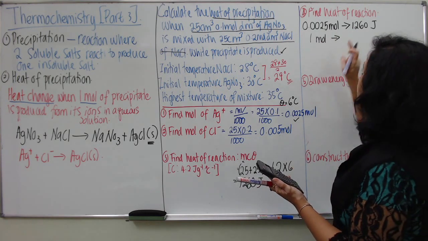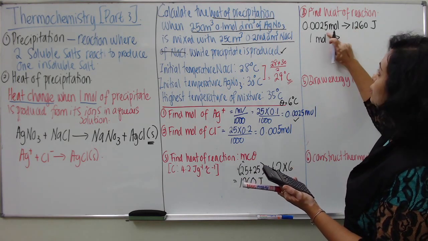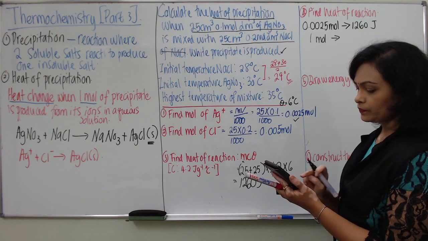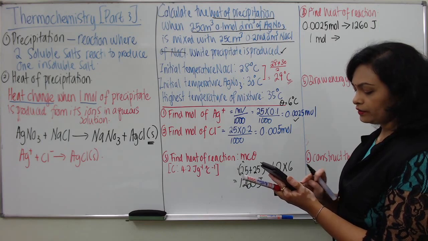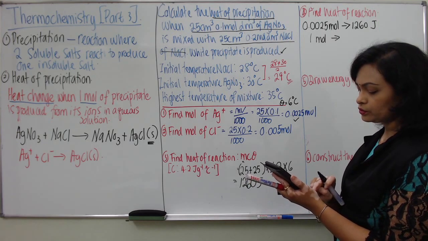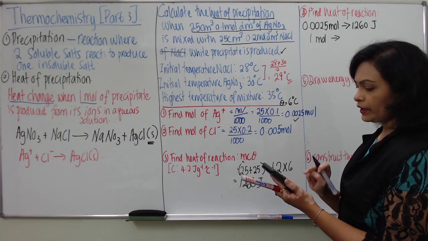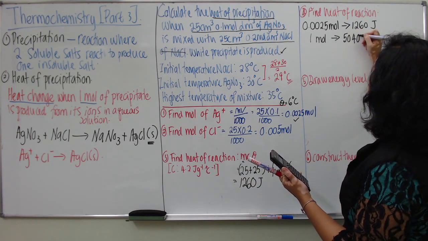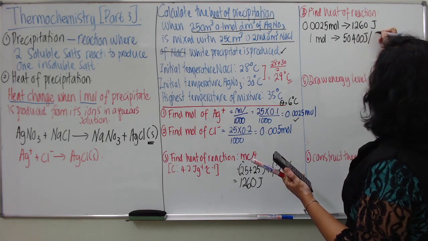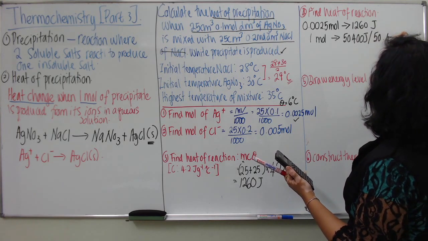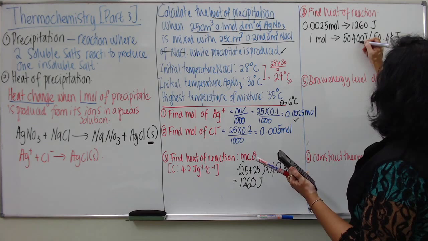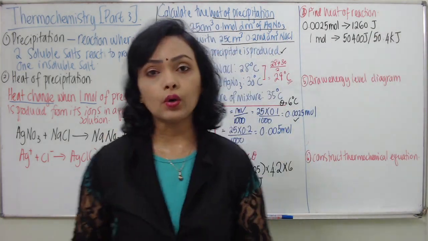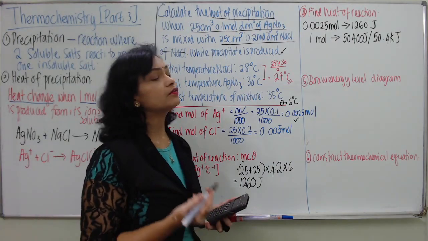So we are going to divide 1260 by 0.025. Okay, so we get 50400 joule or 50.4 kilojoule. Okay, kilojoule. So teacher prefers to change it into kilojoule so that you will be dealing with smaller